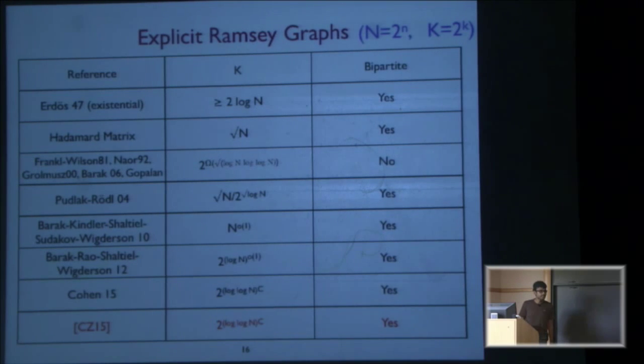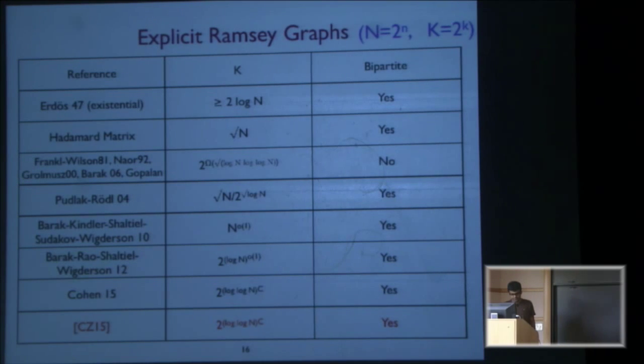Wait, what did he provide explanation for? So for a long time, most people were trying to get below the 2 power root log n bound, but it was stuck there. And he showed that if we get below this using these techniques, that's essentially proving some stronger degree bounds on the symmetric representation of the OR function, which is considered to be a difficult problem. Oh, it's open. Yeah, it's open.